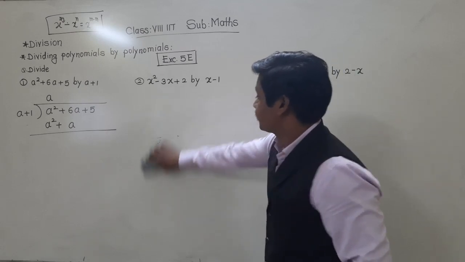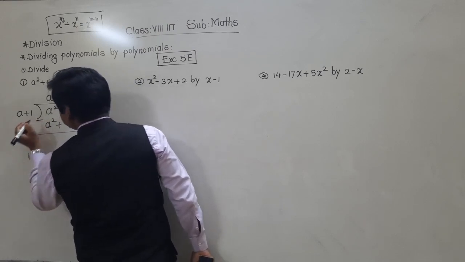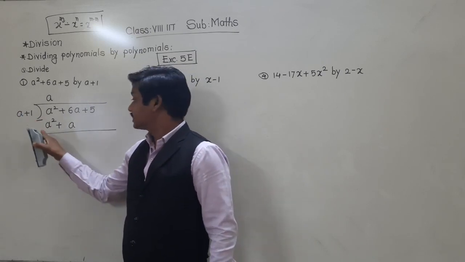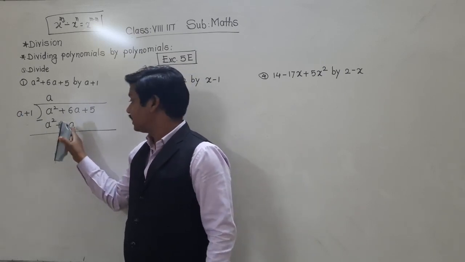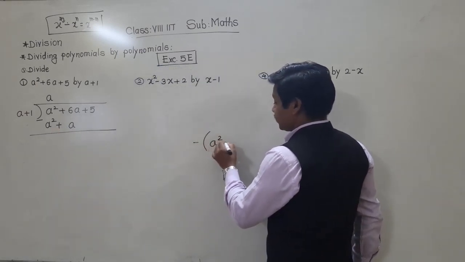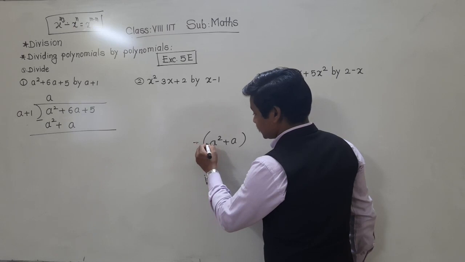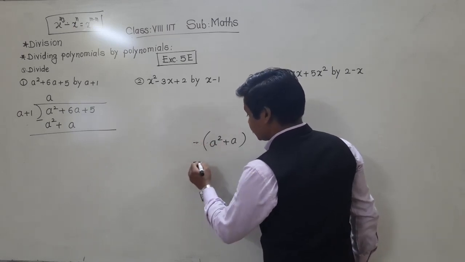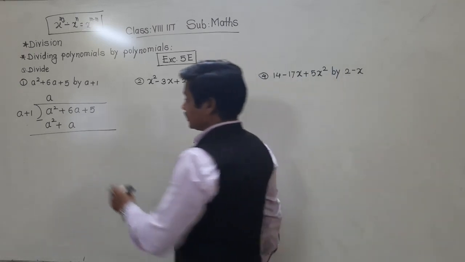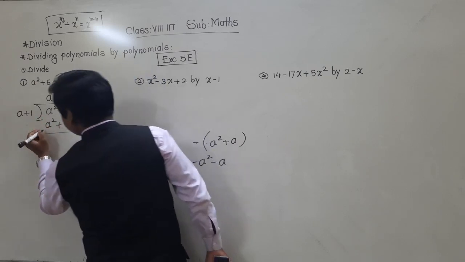Understood this first step? And now subtraction. As usual, we have to subtract this from this. So write the subtraction sign. Now, due to the subtraction sign, the signs of these a square and plus a will change, because whenever we write a minus sign out of the bracket, and when we simplify that bracket, what happens? This minus sign gets multiplied with the sign inside the bracket. So minus plus gets minus, and minus plus again minus. Correct? So here also same. This minus sign means it is minus to both the terms. That's why their signs will get changed.